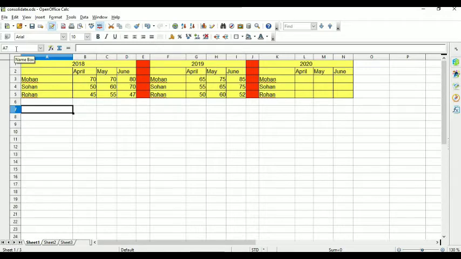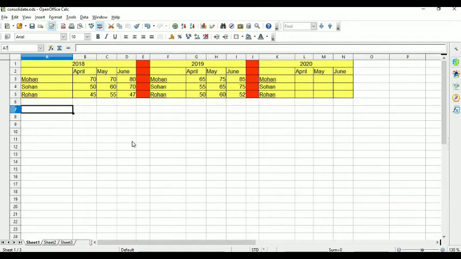See, every cell have their own address, means we can identify the cell through their address. In the address, first column name will come and then row number. So here column name is A and the row number is 7. That's why its name is A7.